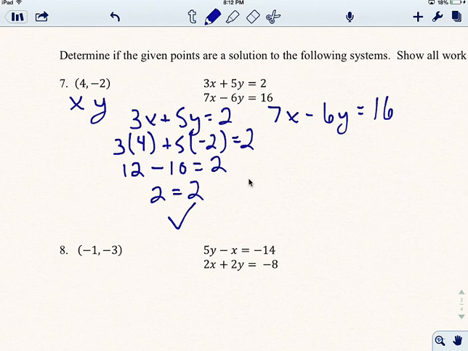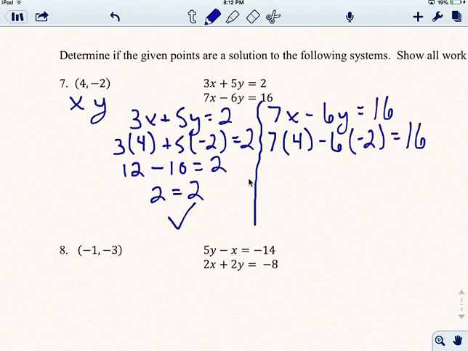Now I'm going to do the other one, all right? And I'll draw a little squiggly line so we don't get confused. All right, so I've got my 7, but instead of an x, I'm going to put a 4, all right? And then I've got my 6, and instead of a y, I put a negative 2. All right, so I've plugged in my numbers. Now I just do my math again, okay? So 7 times 4, that's